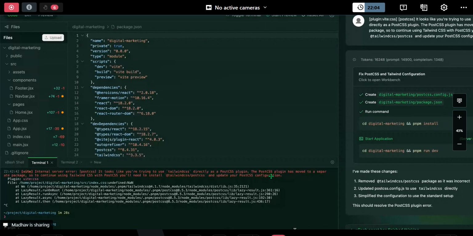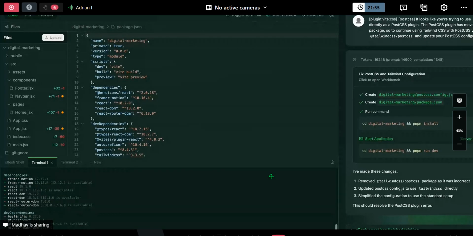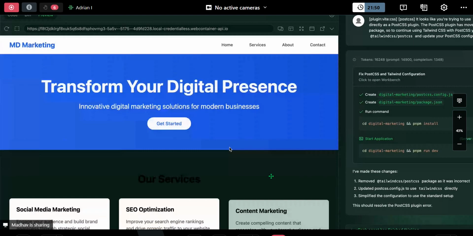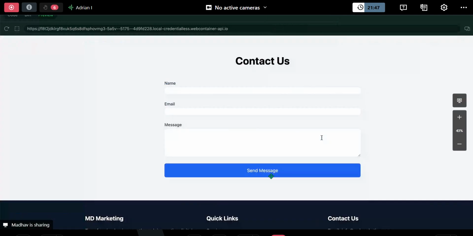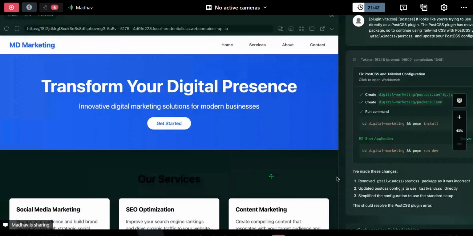So guys, because you're in this training, we're also going to teach you some extra tech stuff, sharing some commands you can run in case you have any trouble with the preview. You can run these commands like pnpm run dev, and voila, there we have it. We have a fully functional website. And now we can actually enhance it, by saying, okay, this is the very basic website. I was looking for some luxurious, amazing digital marketing website. Use some royalty-free images, have some human faces, and make it amazing, production ready.